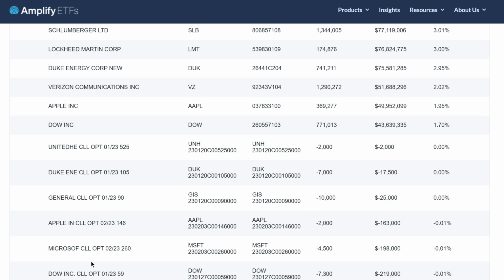in the portfolio. They've got covered calls with United Health, Duke, General Mills, Apple, Microsoft, and Dow. And based on this information here, it does appear that they write these options on a monthly basis. So what I really wanted to do when looking at these holdings, since there was only 25 to 30 of them, I think there's extra value in looking at these specific stocks that they think are valuable in holding in the portfolio and see, well, how do they align with the type of stocks that we talk about here